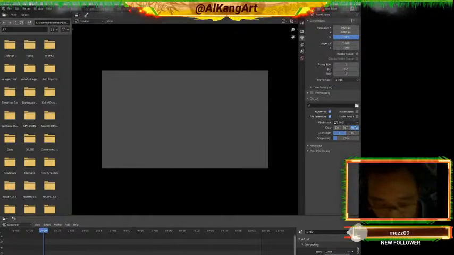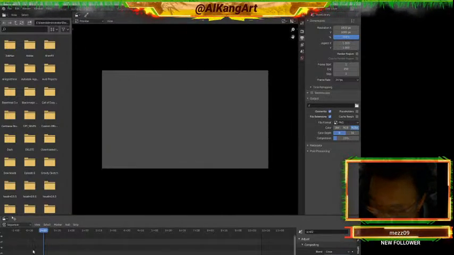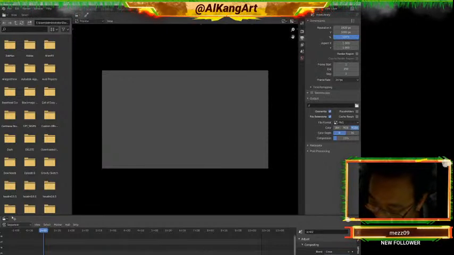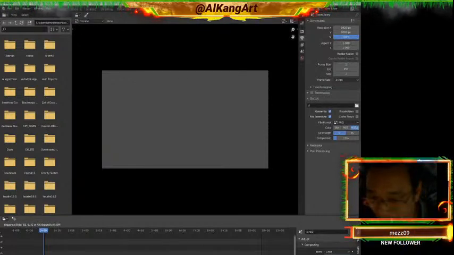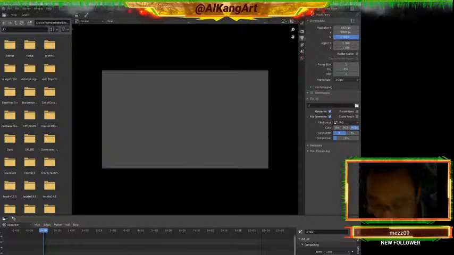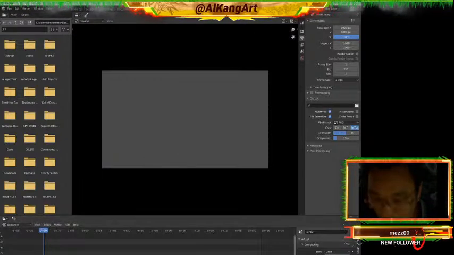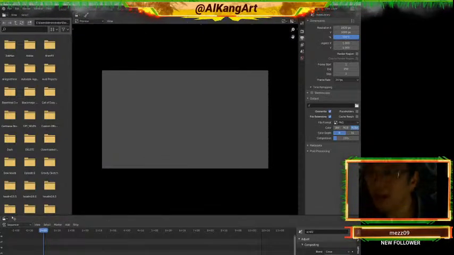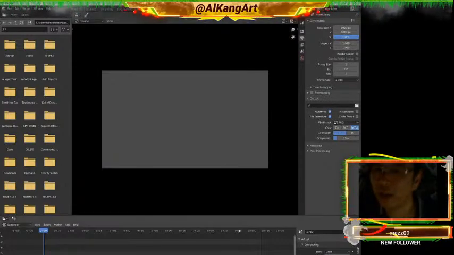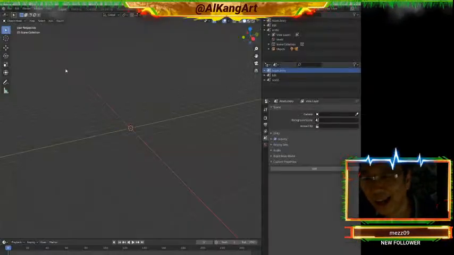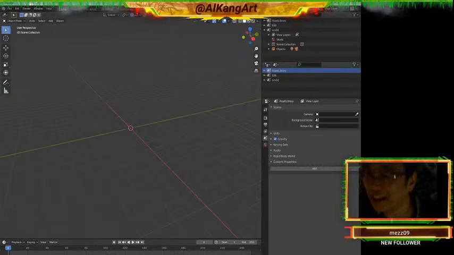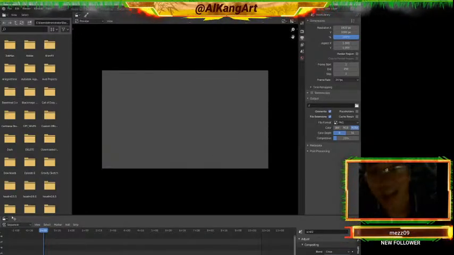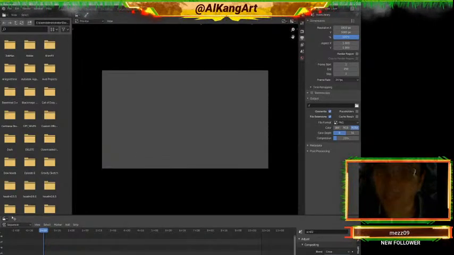I don't know what the editing commands are yet, but it looks like it's not a smart edit, so I can't just grab this. Or can I? I can. The cursor just didn't change for me, so that was a bit strange. So this is what I like about this. I can create my layout and my camera animation over here, and work on my animatic timing, etc. over here. How cool is that? That's just awesome. I love it.